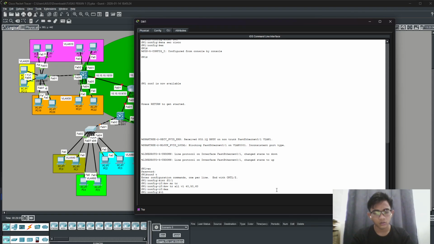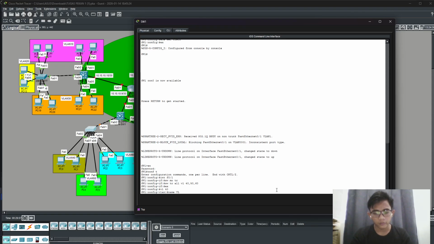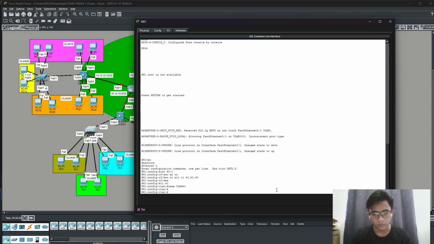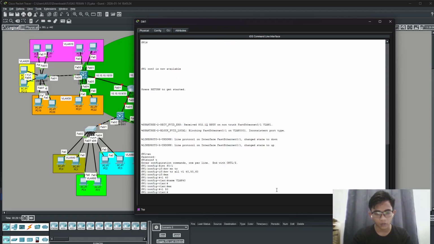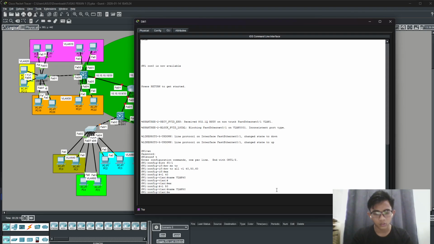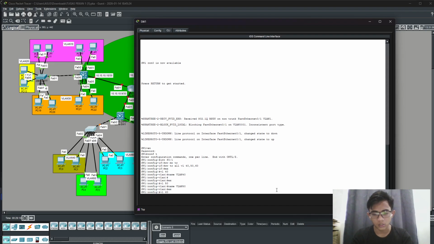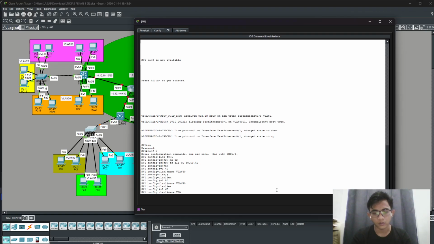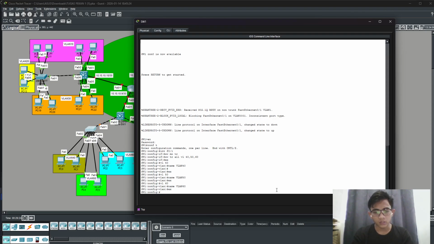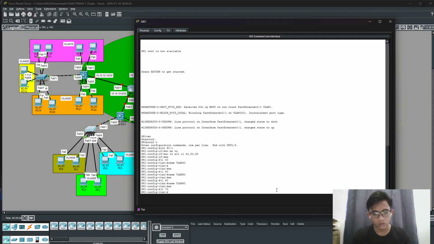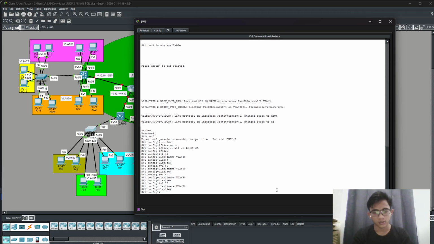VLAN 40, name VLAN 40. Exit. VLAN 50, name VLAN 50. Exit. VLAN 60, name VLAN 60. Exit. VLAN 70, name VLAN 70. Okay, exit.